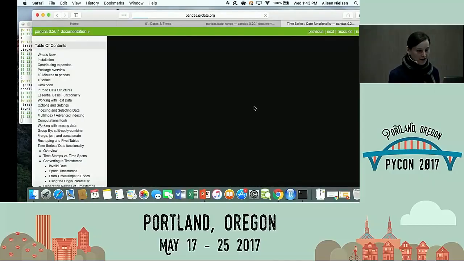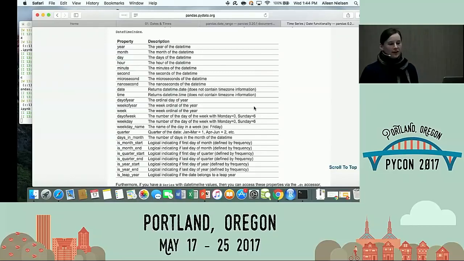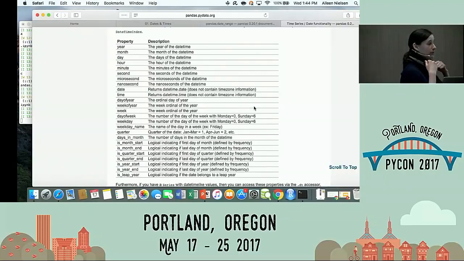Okay. What are some properties of timestamps? Let's go ahead and look at the time date components. You can see all sorts of things, if you click on that link, that are just waiting for you. So all sorts of things you might normally need to figure out, right? Like if you work in finance and you need to know what quarter a date belongs to, it's there. If you work in health informatics like I do, we care a lot about what day of the week it is because people tend to behave consistently, right? Maybe people are stressed on Mondays and more relaxed on Fridays, and on Wednesdays they eat too many calories or whatever.